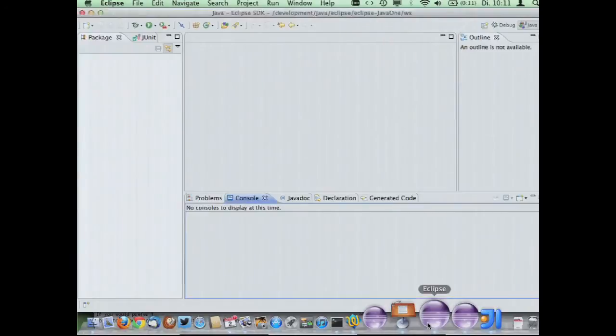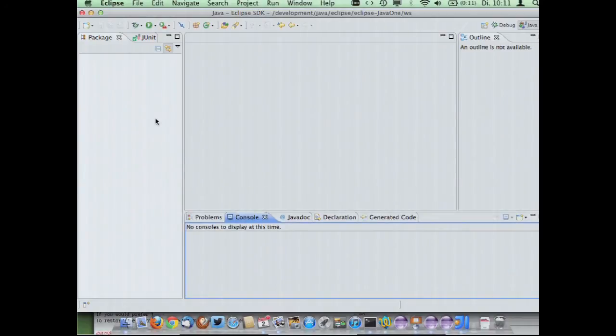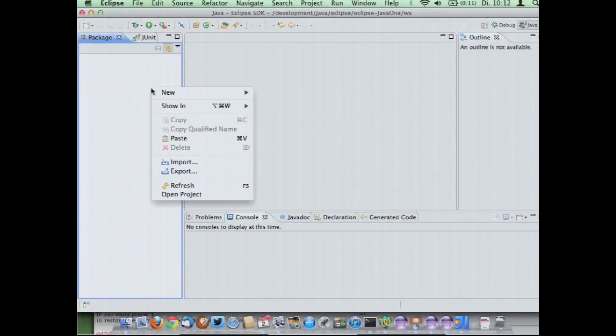So I hope that this is big enough for you guys in the back. So this is Eclipse 3.8 as it was released in September, so 3.8.1 or something. And who of you is familiar with Eclipse? Okay, so no more talk about perspectives and workspaces. So it's plain vanilla. Xtend SDK is installed here, and what I want to do now is create a Hello